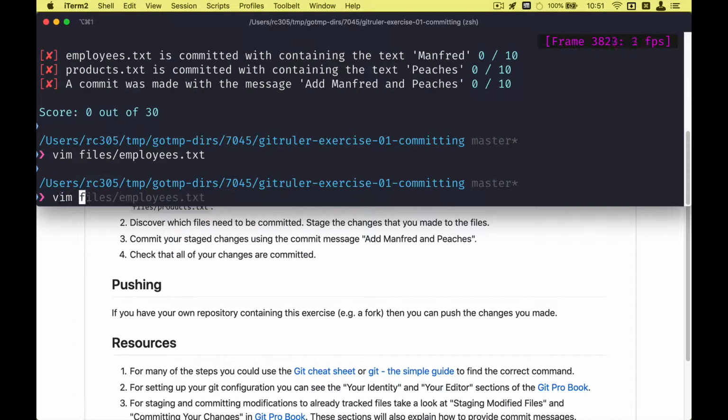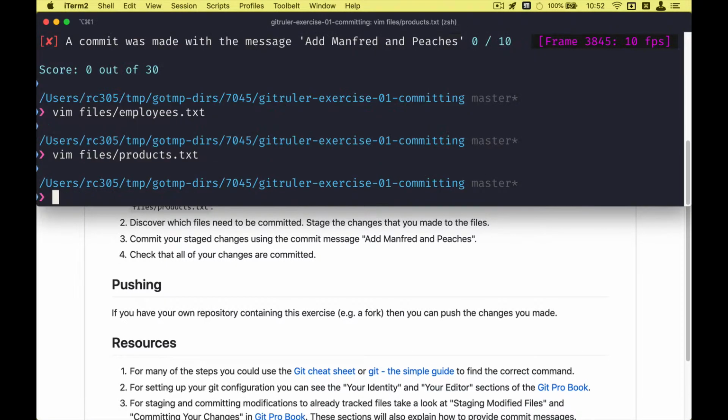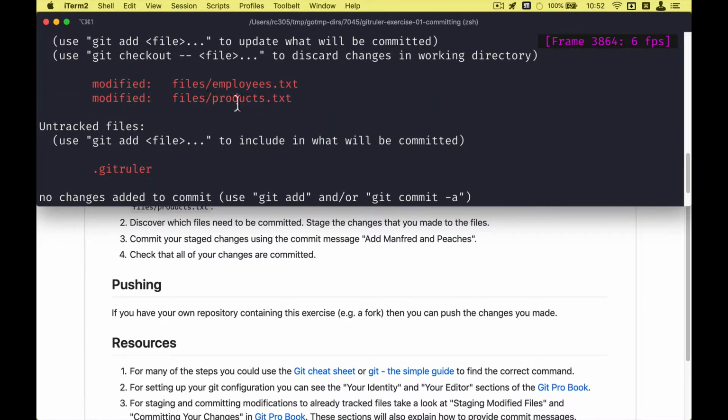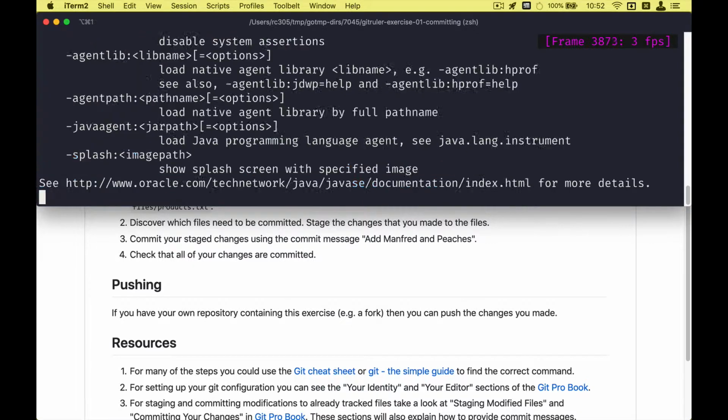And then I'll also use Vim to add Peaches to another file. If I run git status, I should see that these two files have indeed been modified. If I run GitRuler,